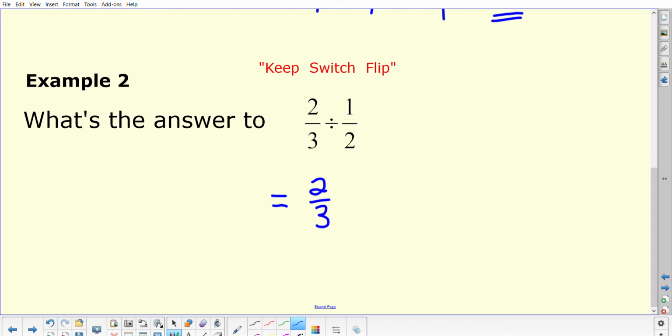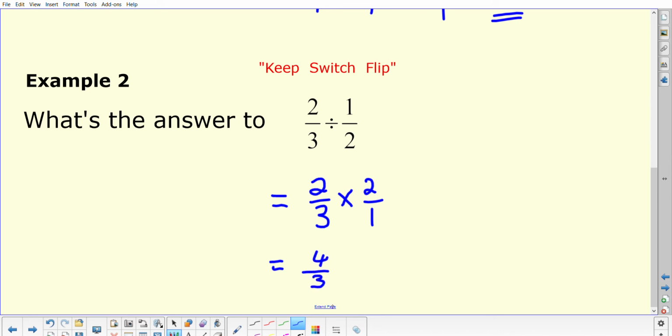We switch from the divide sign to the times, and we flip the second fraction over. So we end up with 2/3 times 2 over 1, and there is no cancelling to do, so I'm going to go straight to 2 times 2 is 4,